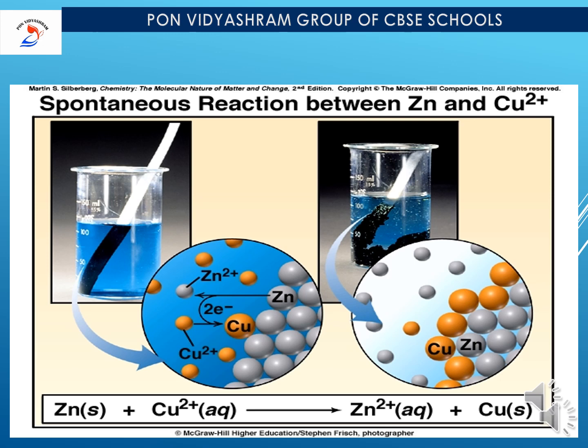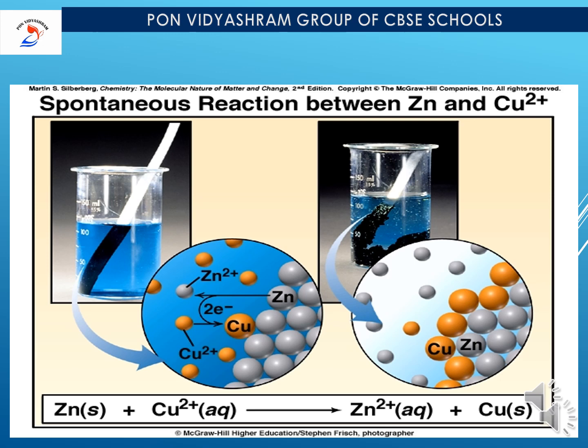Children, I am sure everyone must have revised redox reaction and you must have understood the application of redox reaction in electrochemistry. Now let us see the spontaneous reaction between zinc and copper sulfate. In copper sulfate, Cu2+. To explain this, we are going to take a container. So we'll take electrolytic solution, copper sulfate.